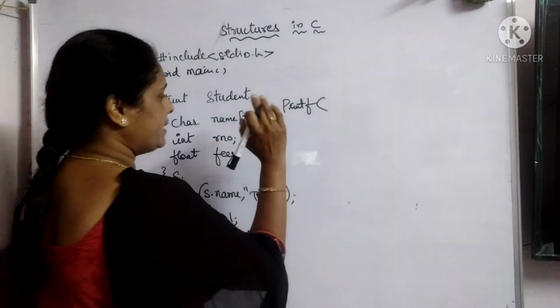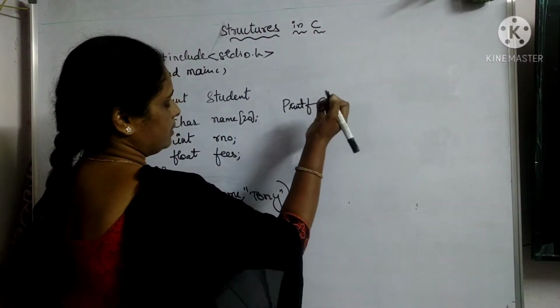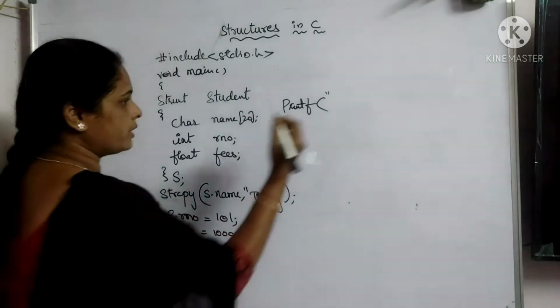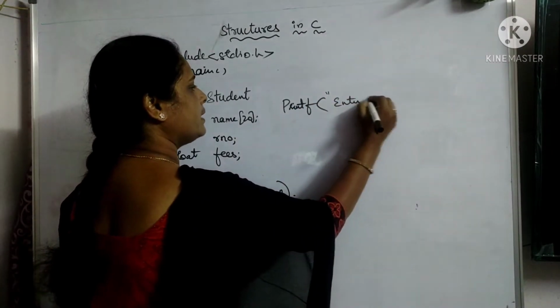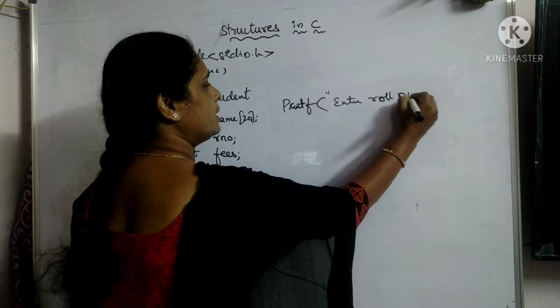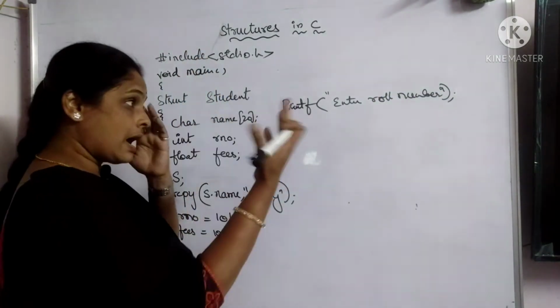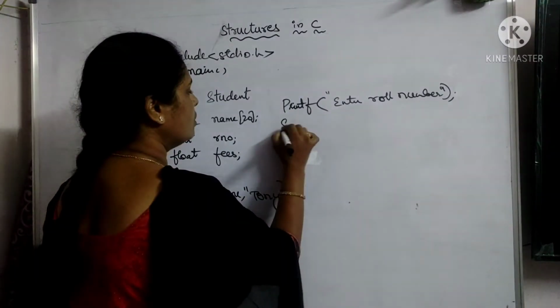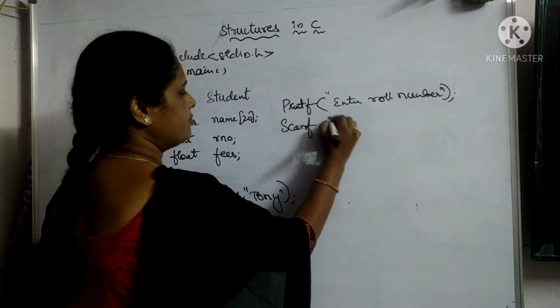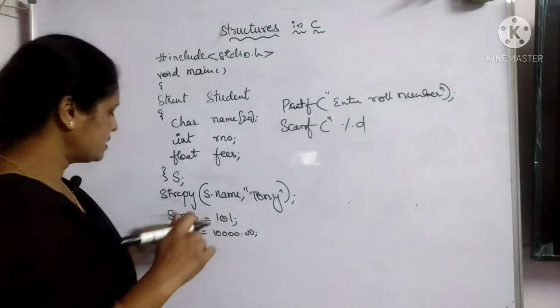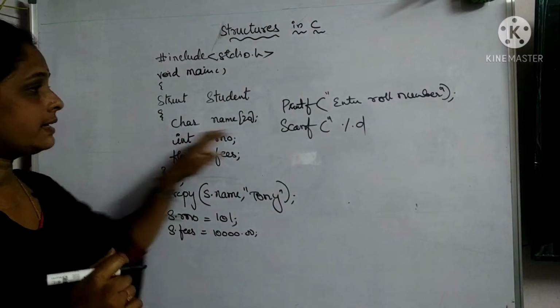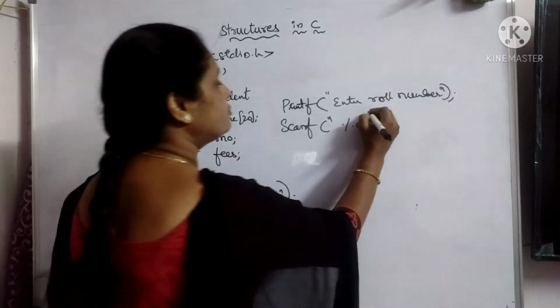So printf, enter roll number. Then I need to accept data into it. So scanf percent d, because roll number is an integer type of data. I use percent d here, followed by